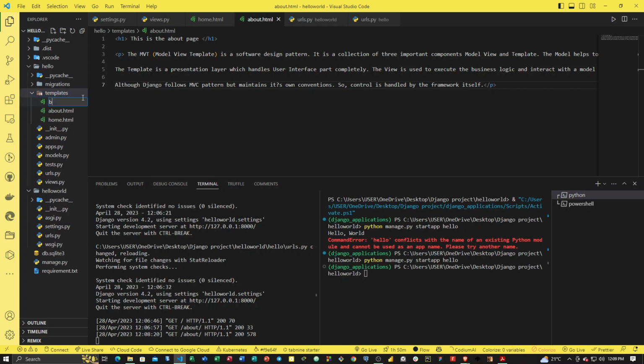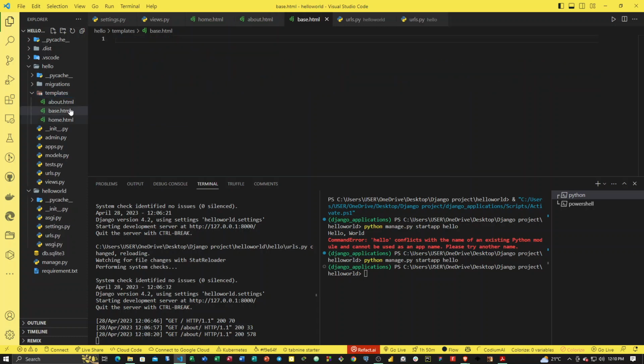We are going to call it base.html, and inside base.html we are going to have a header, more like when you have headers and footers in pages. So we are going to have a header,